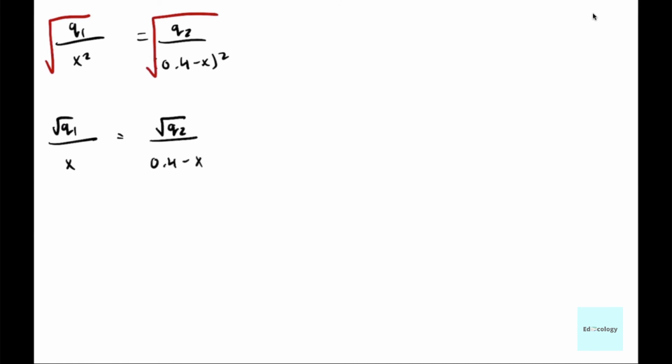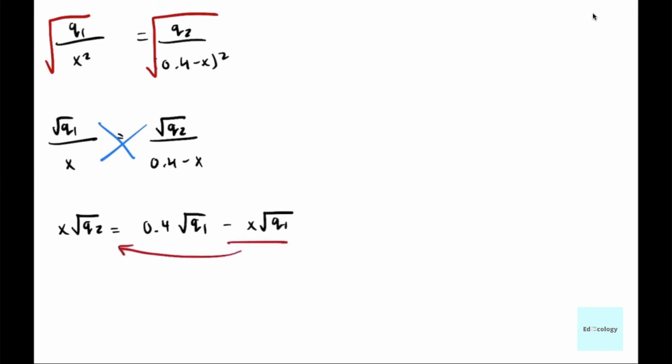Now you just cross multiply and you will get x radical Q2 equals 0.4 radical Q1 minus x times radical Q1. You take this to the other side, which will become x radical Q2 plus x radical Q1 equals